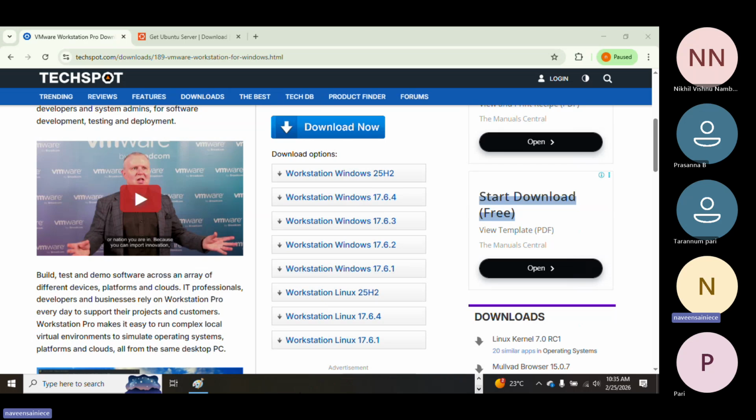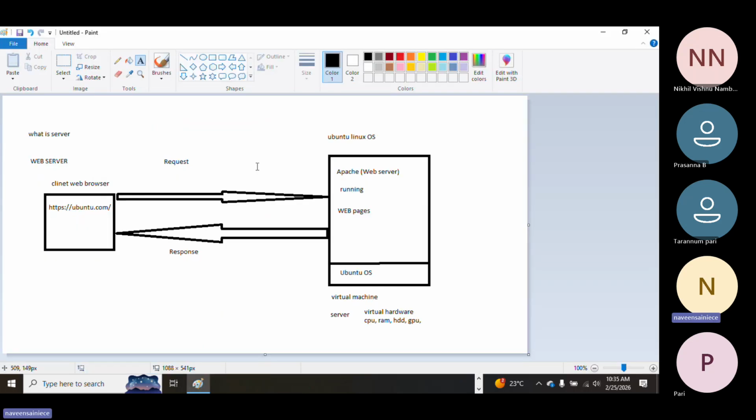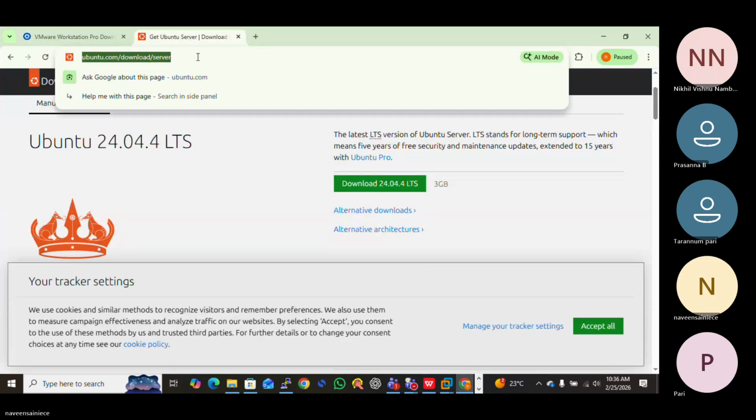Now we are requesting, it is responding. If we are requesting, it is responding. Now it is a web server because this server's function is to serve the pages to the client. So worldwide it is serving. That's why if anyone wants to access this URL in the browser, the page will open. But it is coming from some server, like a web server.